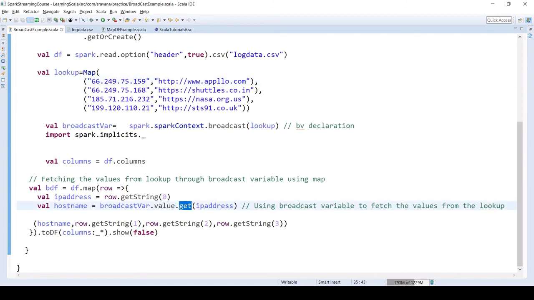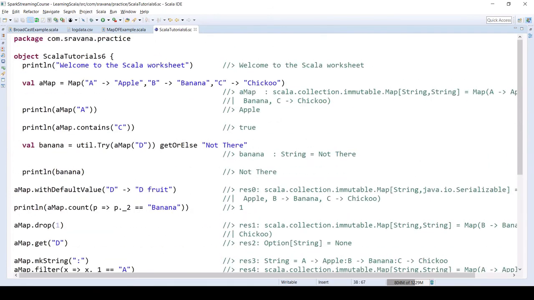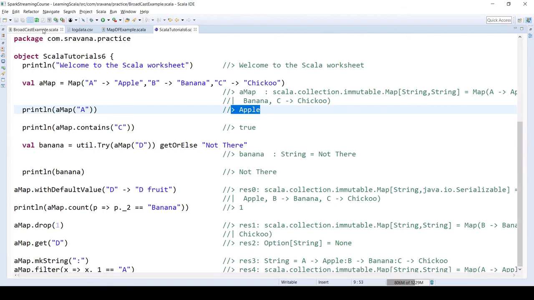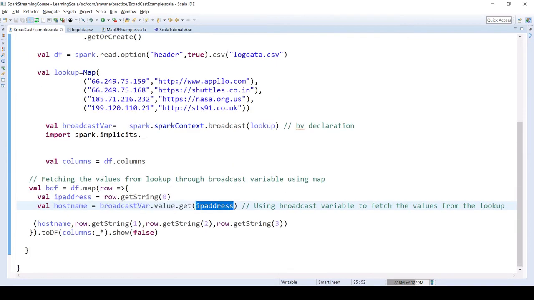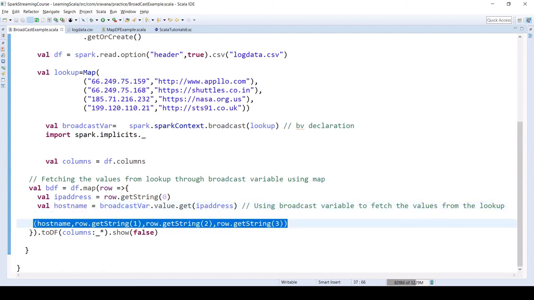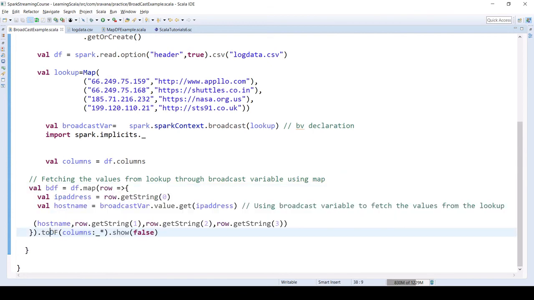So if you see here, get the IP address, pass it to this broadcast variable dot value. It's nothing but a map. So to the map we just discussed here, right? How to get the map value means you have to pass the key and you will get the value. And similarly, you are passing the key here and you are getting the value, and you are assigning that to host name. And finally, you are making a string and you are making that as a data frame and you are showing. So now let's run this Scala code.